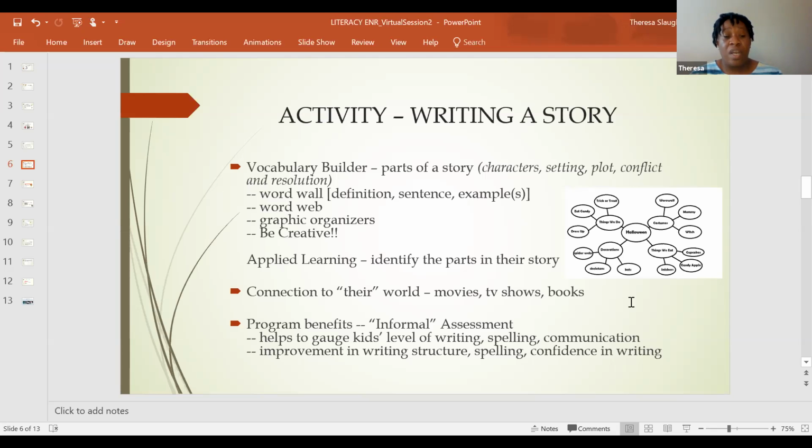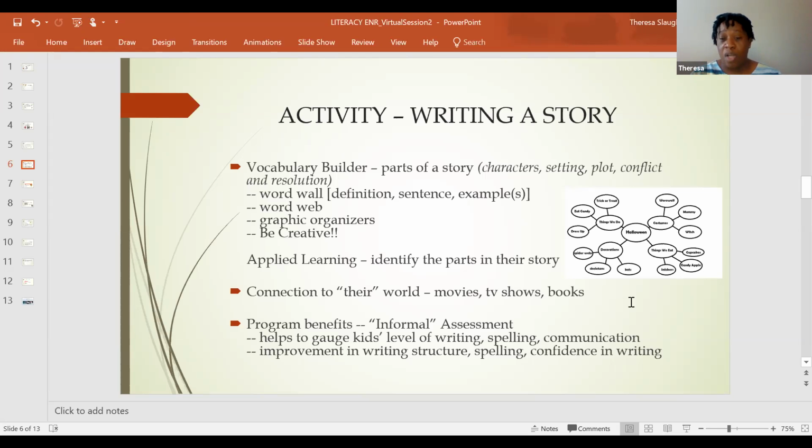And then going to the next bullet, making a connection to their world. Connecting these words, connecting this vocabulary to their world. Folks, there's a lot of activities that you can do. If you sit down and think about the activities, there's so many that can come from just making this connection to their world. And what I mean by connection to their world is